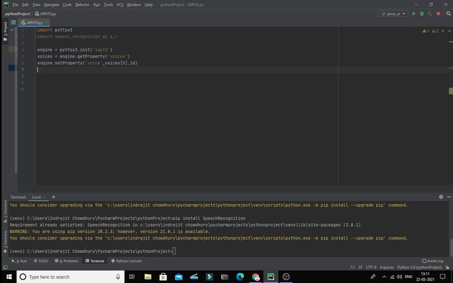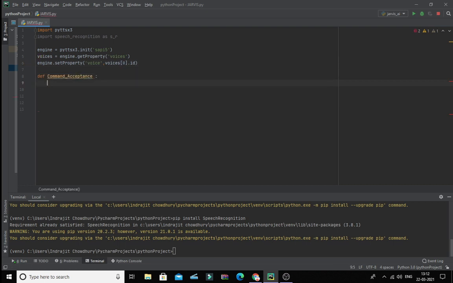As I am making Jarvis, which is a male voice AI, I am using 0 as the index. But if I were to make a female AI like Friday, I would have used voices[1].id. That depends on the number of voices present in your computer.